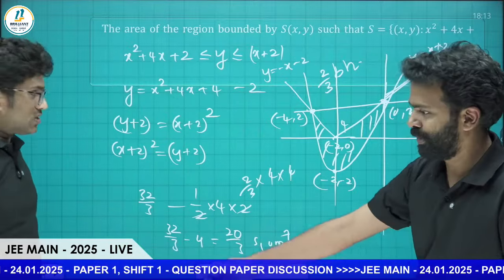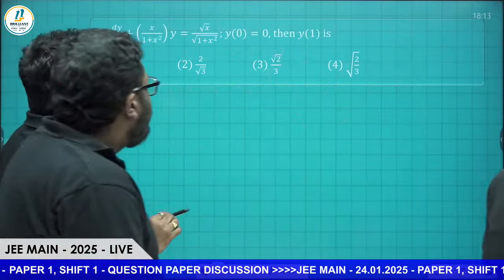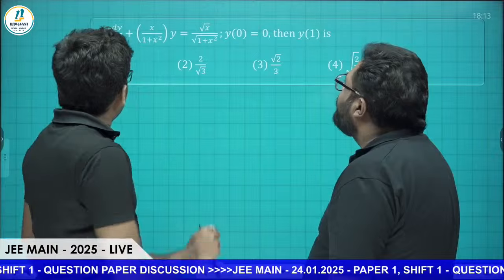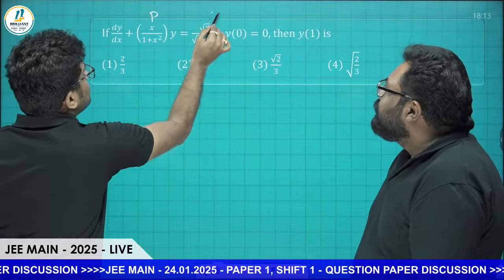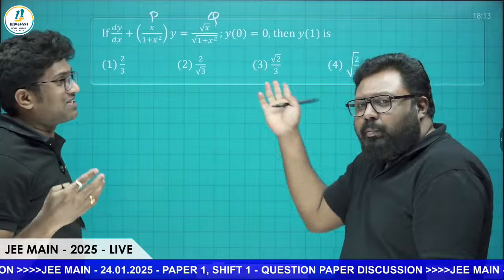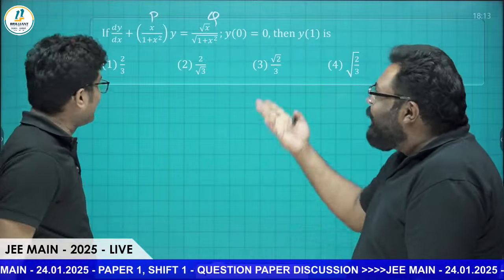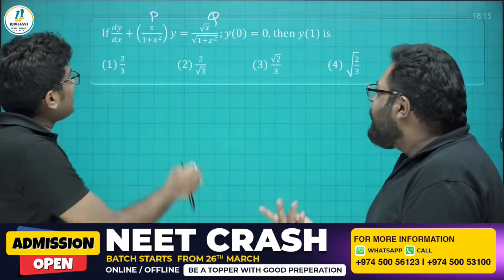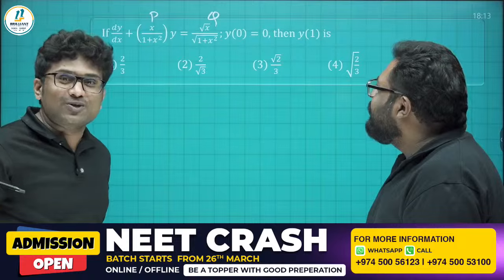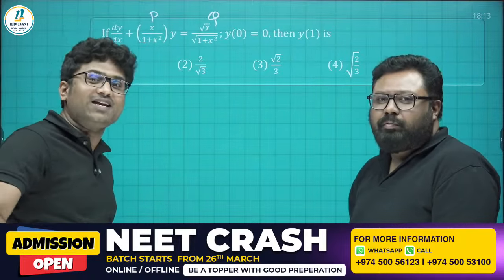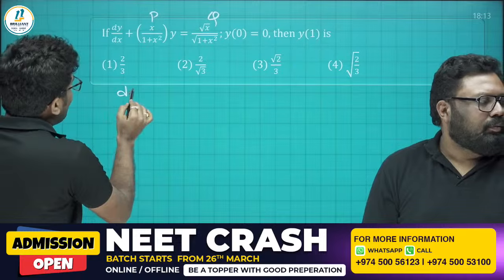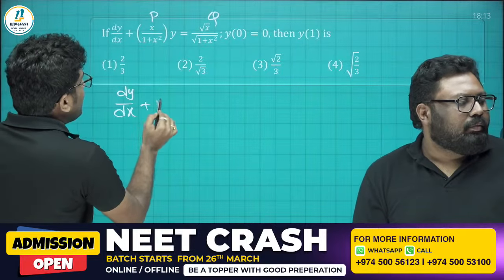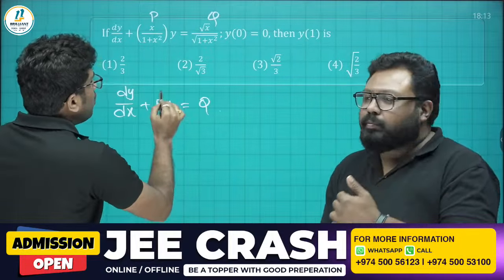Next question. So, dear friends, coming to the next question, if you just look at this pattern, dy by dx plus Py is equals to Q, this question also came yesterday, and even the day before yesterday. The same thing is coming every day. So dy by dx plus Py is equals to Q is nothing but an LDE in y. So, LDE type 1, which is dy by dx plus Py is equals to Q, where both P, Q